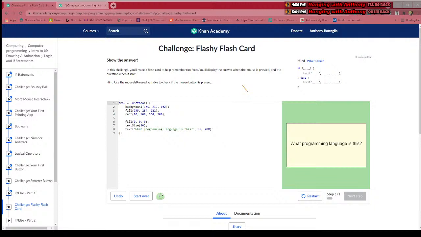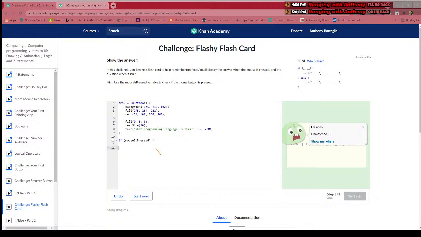Do I have to like, yeah, I don't know. I mean, this is the text that we want to put in the first if, and then else would be, so that's just doing nothing. So if the button is pressed, and then just put a random thing. So let's go down to the bottom and put if mouse is pressed, and then brackets, which are right here, and then I'm gonna put one down here,